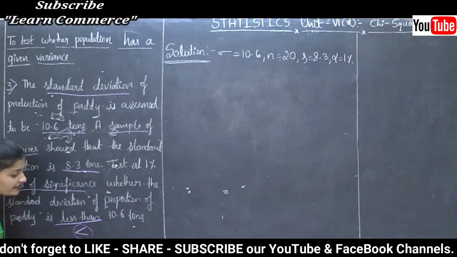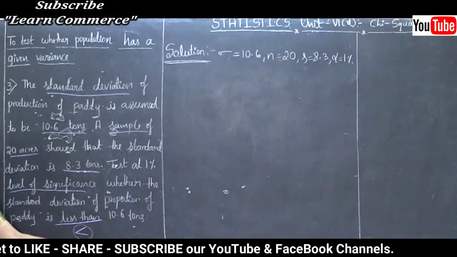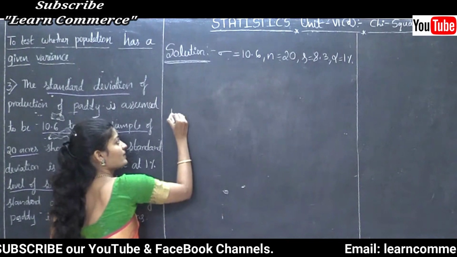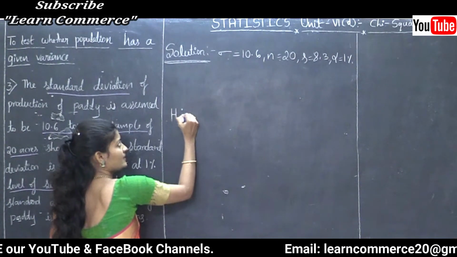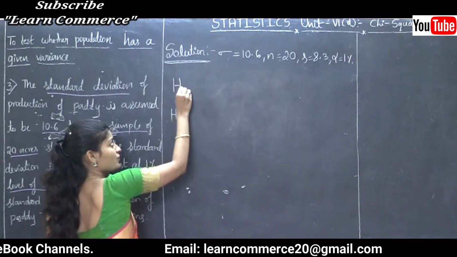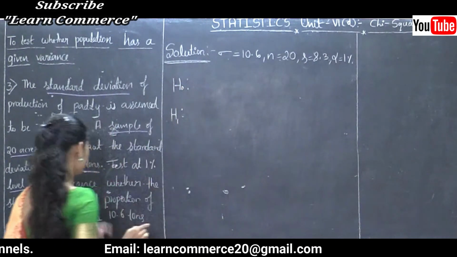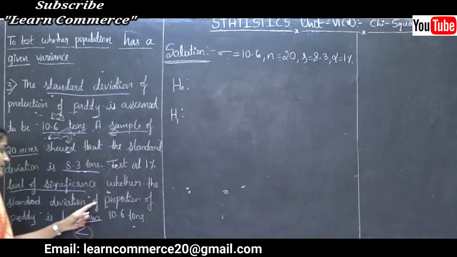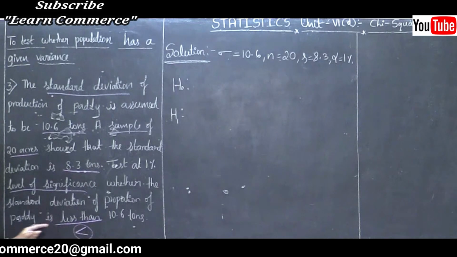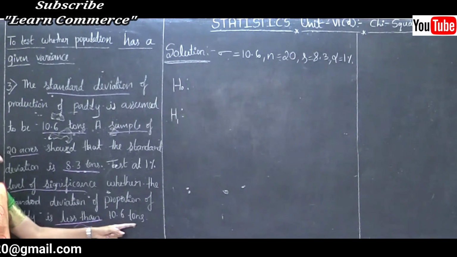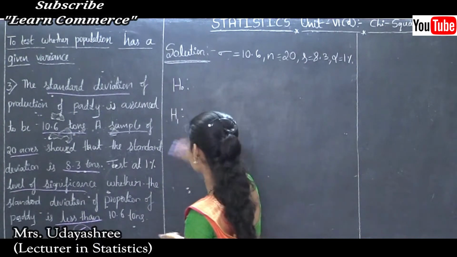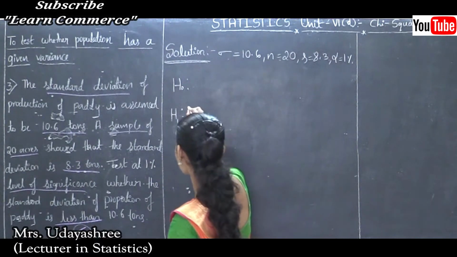If the sign is of the less than type, then it is the alternative hypothesis, and the alternative hypothesis is step 2, denoted by H1. Step 1 is the null hypothesis, denoted by H0. Now here the H1 sentence is like this: whether the standard deviation of production of paddy is less than 10.6 tons. So H1 is the standard deviation of production of paddy